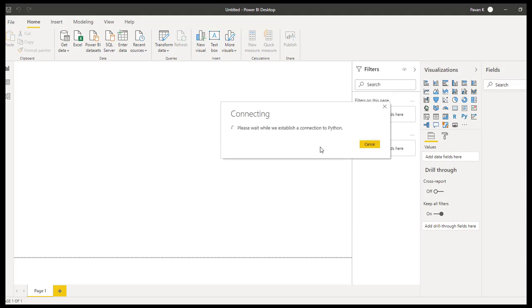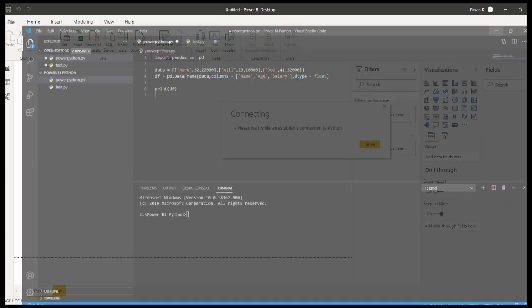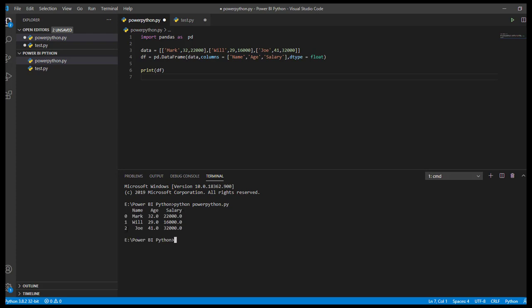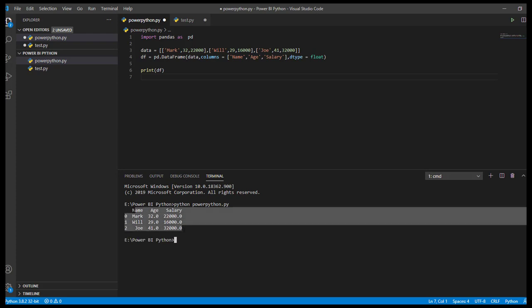In order to validate the script, I have the script open in Visual Studio Code. So this is the script, and if I want to run this script, I just enter Python and the name of the file. So this is the data frame.